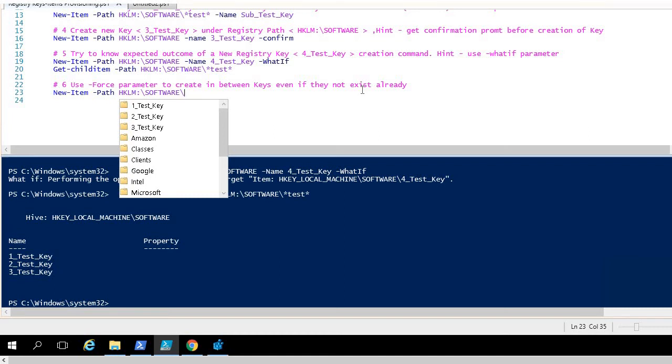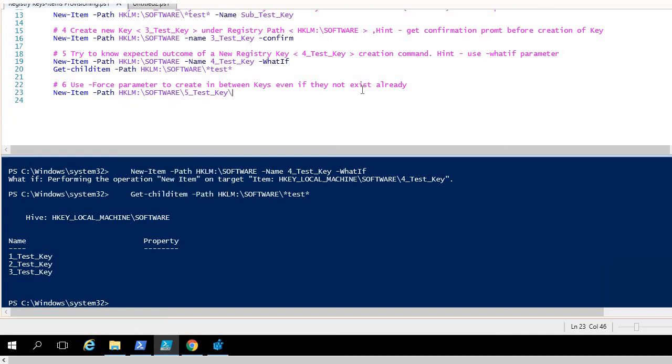Let me give 5_test_key, though we know that doesn't exist already, but we are providing it just to test what happens. Now let me try to create a new key with name 0 under this path.